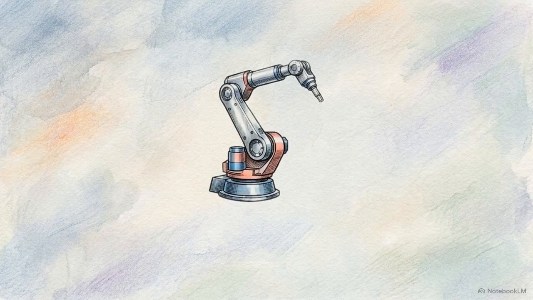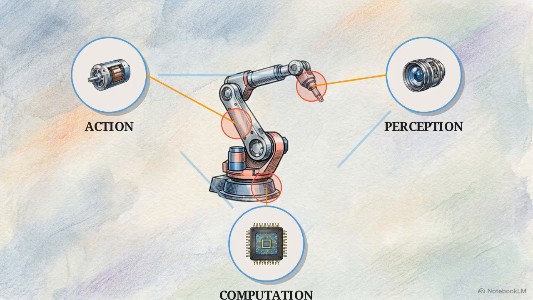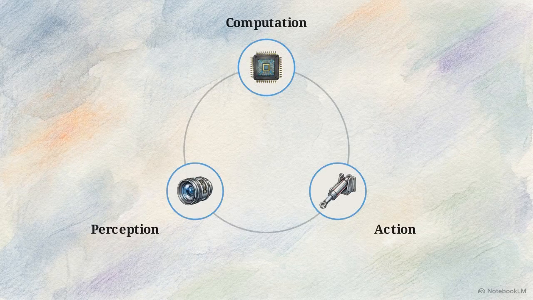The architecture divides into 3 nodes: perception, computation, and action. Perception uses sensors to gather raw environmental data. Computation uses controllers to process data and make decisions. Action uses actuators to translate decisions into physical movement. Without a persistent connection, these components remain disconnected hardware. True autonomy emerges when the 3 nodes link into a continuous loop, allowing the machine to perceive, decide, and act